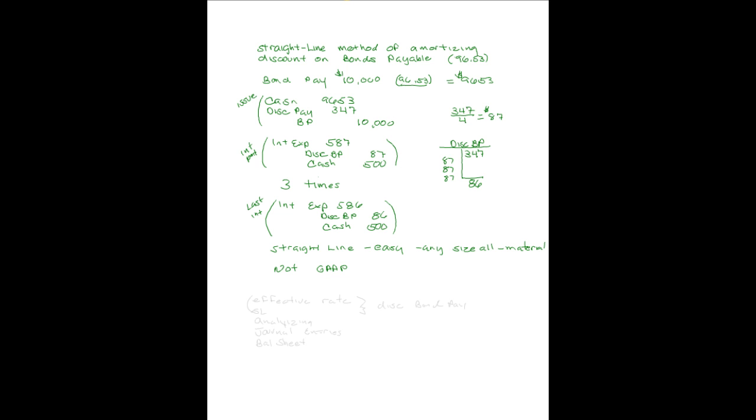When you realize most bond issues have about 6 zeros on them, beyond what I've been showing you, you'll realize that that is material. I kept it small because I thought it was easier to do that way. So now we've done 2 things. We've looked at the effective rate